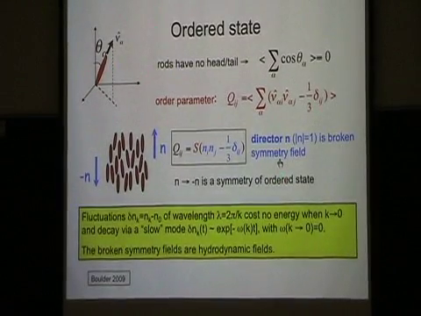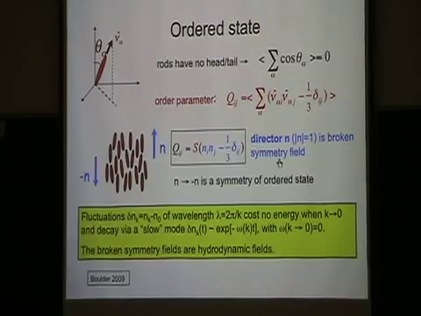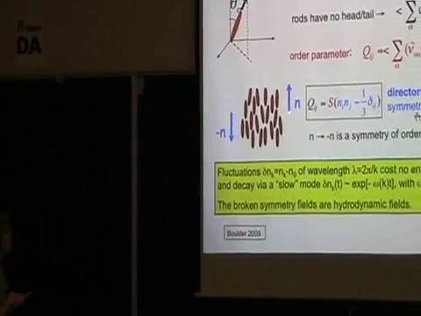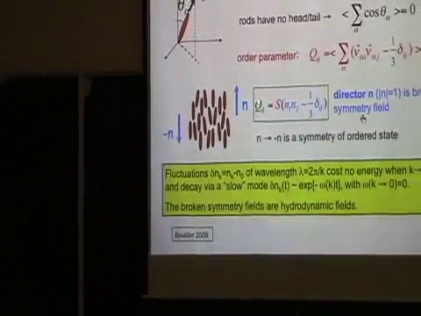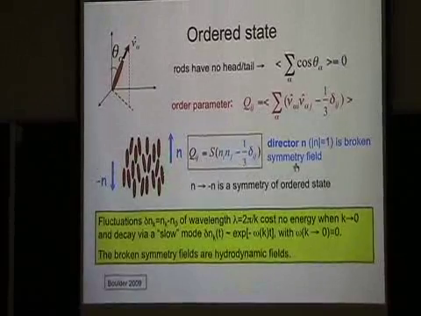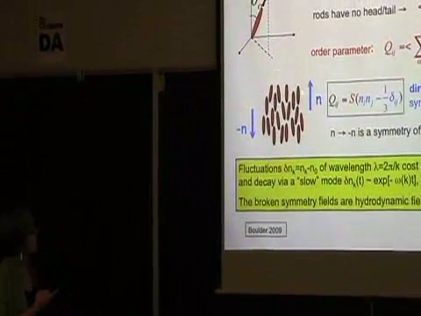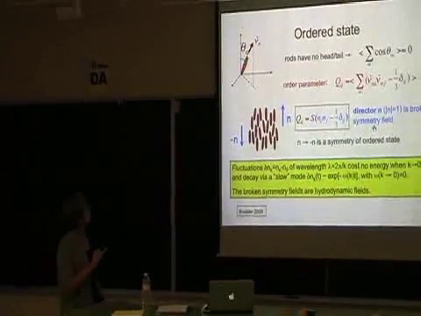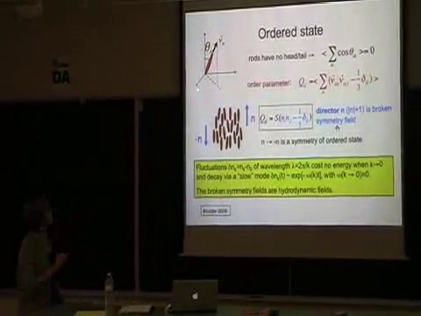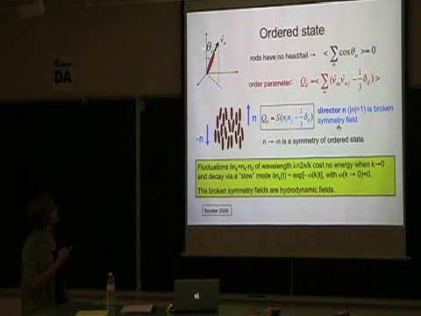So let's now think about the order state, this nematic state where the rods are on average aligned in one direction. One important point about the nematic liquid crystal is that it is an aligned state of rods. Rods are head-tail symmetric, so the direction of order will be characterized by some unit vector n, but the order state has to be symmetric in changing n into minus n, because there is no difference between the two directions. So suppose I want to describe order in this system. Well, the orientation of each rod could be characterized by the angle it forms with a fixed direction in space. I can construct some mean measure of their direction.